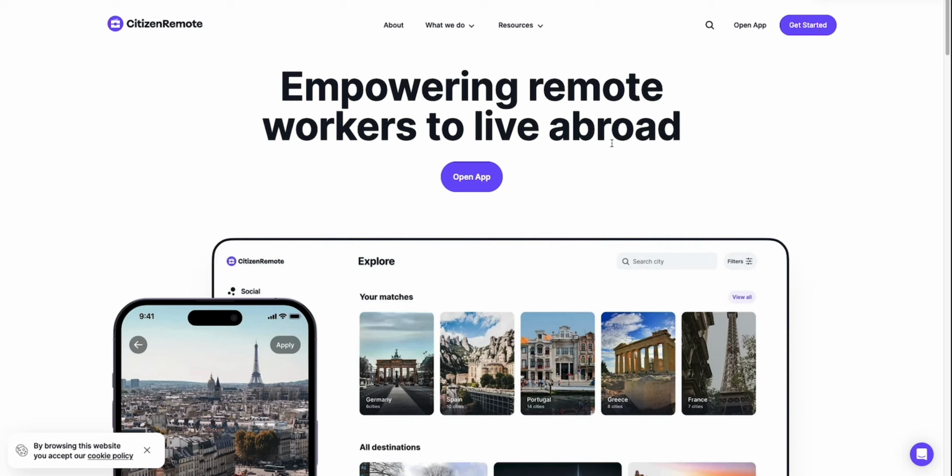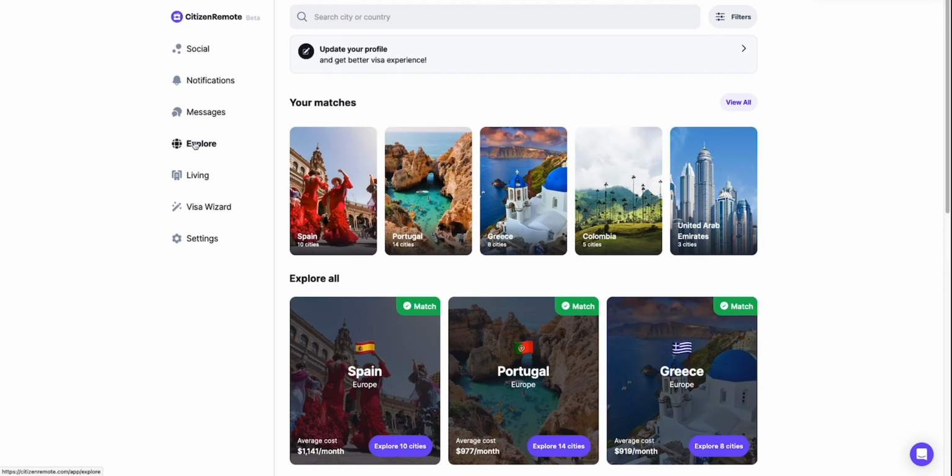I'm Tim, I'm the co-founder of Citizen Remote, and let's go ahead and just dive into what exactly visa help within Citizen Remote is. So the first thing you're going to need to do is make sure that you're signed up for the app. This might say sign up or log in. If you haven't done so, go ahead and knock that out, and then once you do, you'll get launched into the app. If you've already signed up, then go ahead and open the app, and you'll get launched into the